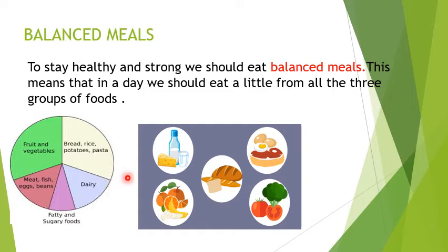That is, we have to include one energy food, that is energy giving food, that is bread, rice, potato or pasta, and one bodybuilding food, that is meat, fish, egg, beans or your dairy products, and one protective food, vegetables and fruits. Now, these vegetables and fruits, you can have a lot of. And you can include sometimes a bit of fatty and sugary foods, that is your sweets or your chocolates